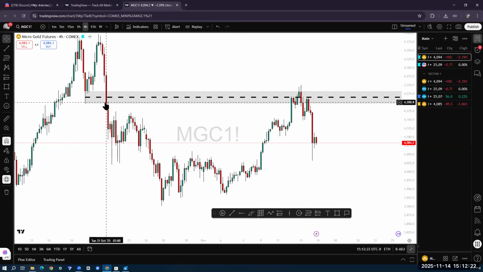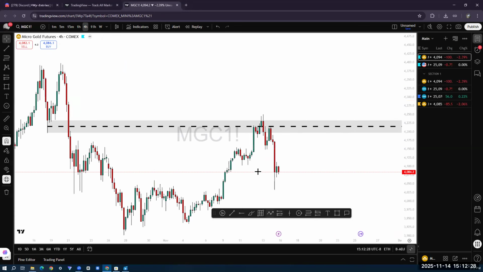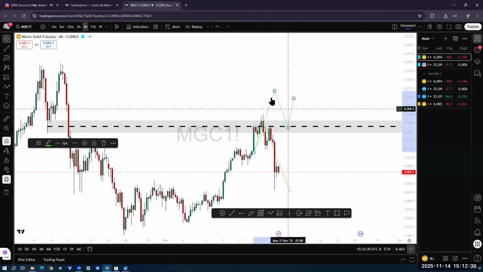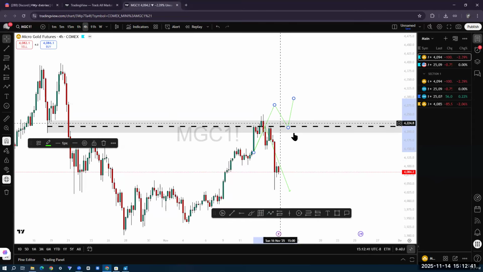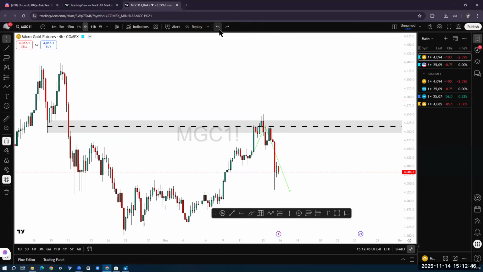So we know that price, we're not saying that we're going to sell from here and we're not saying we're going to buy from here. The reason I say that is because yes, we can have a beautiful reaction just like this, but sometimes we can have a reaction just like this. If you know what I mean. So we can have those two different types of reactions. That's why I said we don't care if it buys or sells. We're just anticipating a reaction. And if we get that reaction, and if we have a pull to the opposite direction, then we know to take that trade.